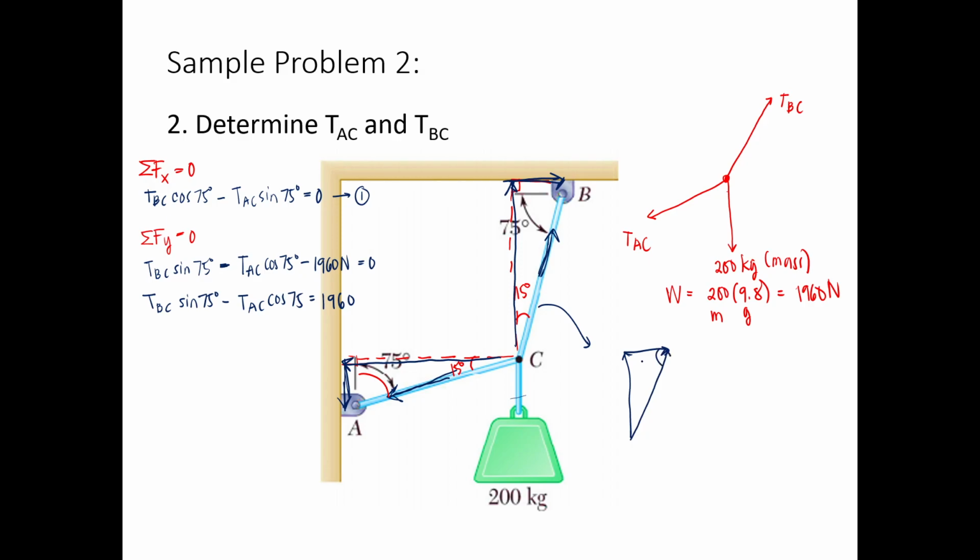So this one is the 75-degree angle, this one is the x component, this one is the y component, this one is tension BC. Notice that the x component is cosine, the y component is the sine function. Now for the other triangle,